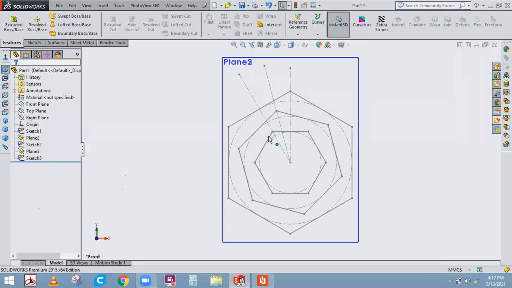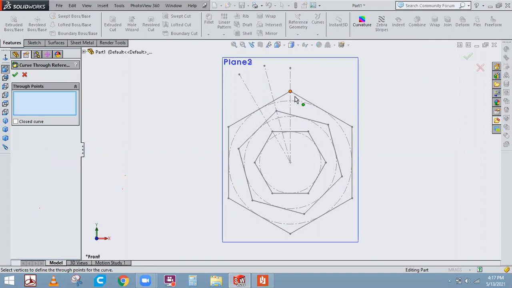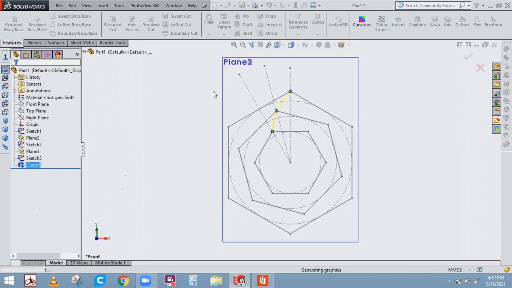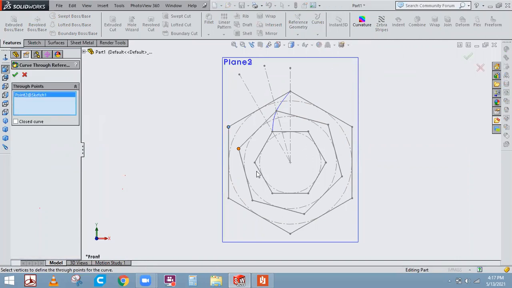So the sketch has tilted to 15 degrees. The software sometimes won't agree to this. So that's why you have to create things called guide curves. To create the guide curves, just click on these curves and go with curve through reference points. Just go on selecting the points: the first point, second, and the third. You can notice the line has come, right? Same way, click on this curve, go through reference points. So again, create one more curve. So it should be 2.